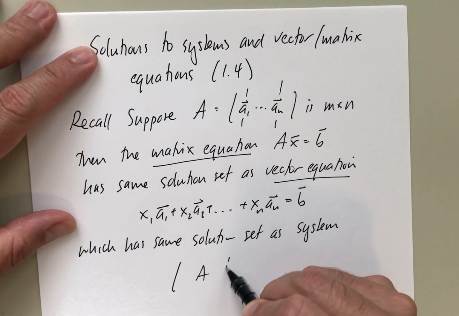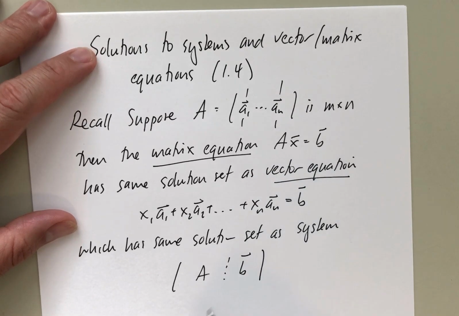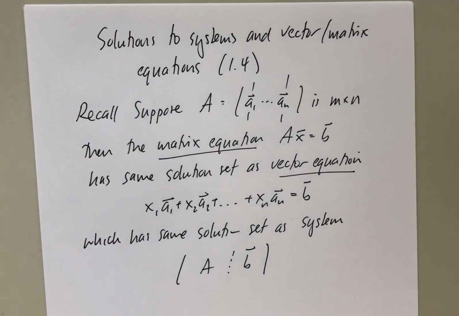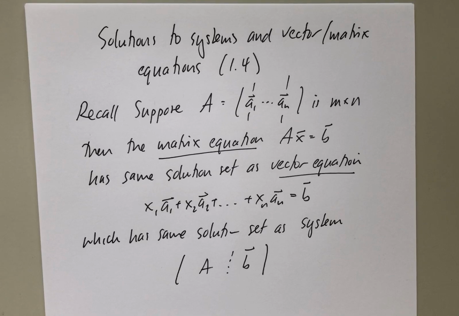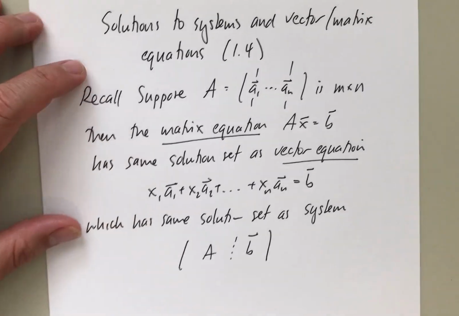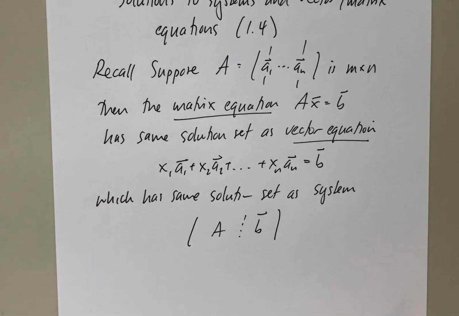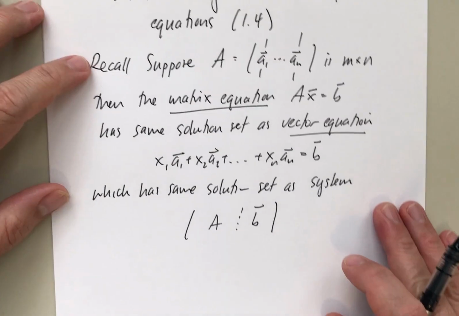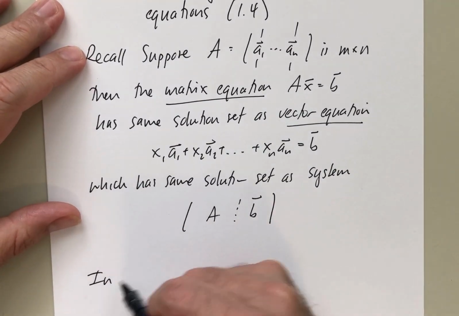So let me just write the system as an augmented matrix. You take that matrix A and you augment with the vector B. Okay, so we saw this last time, and I just want to maybe do another example of this today. This can take many forms now, and you'll see in your homework that it asks the same question in different ways. So in particular,